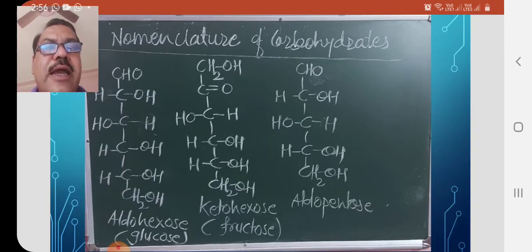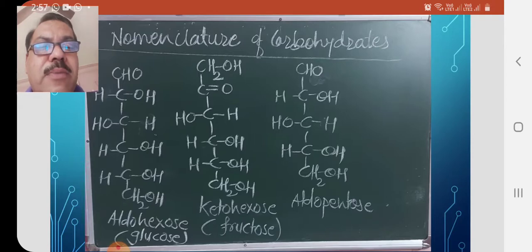CHO group, aldehyde group, and below the aldehyde group there are 4 CHOH groups, and finally there is a CH2OH. Common name of this compound is glucose, but the IUPAC nomenclature of this compound is aldohexose. Aldo means it contains aldehydic functional group, and hexose means it contains 6 carbon